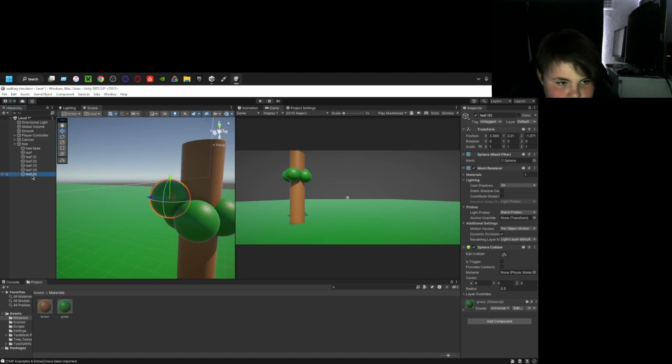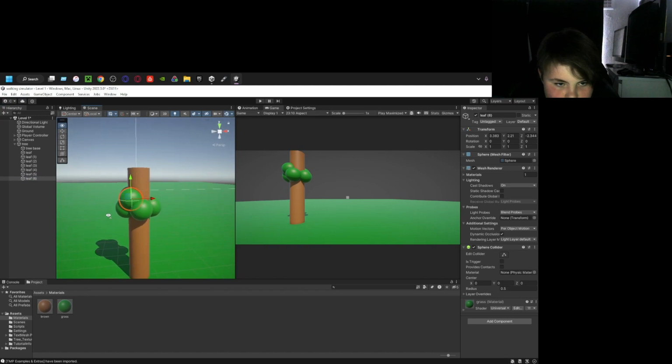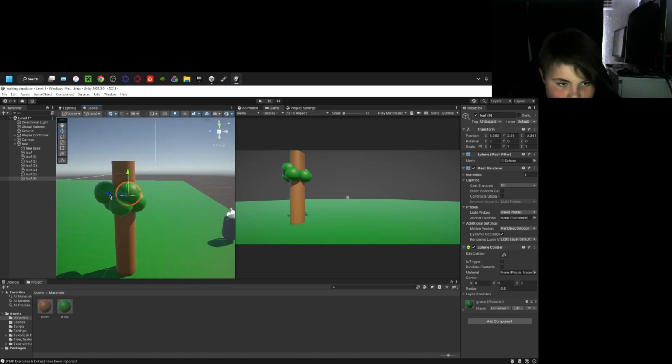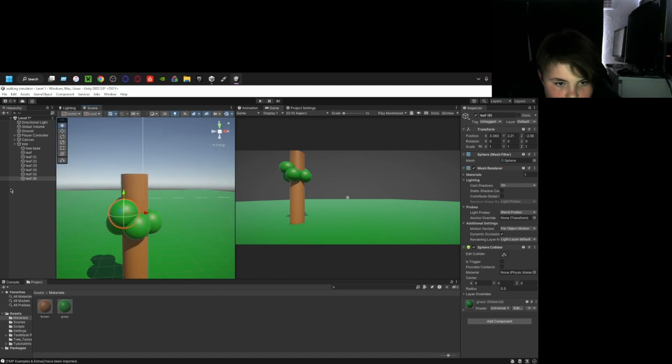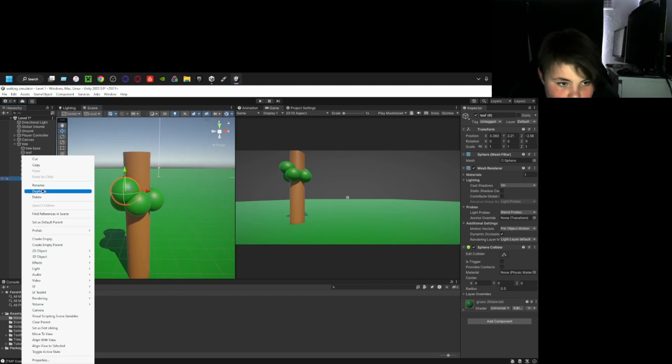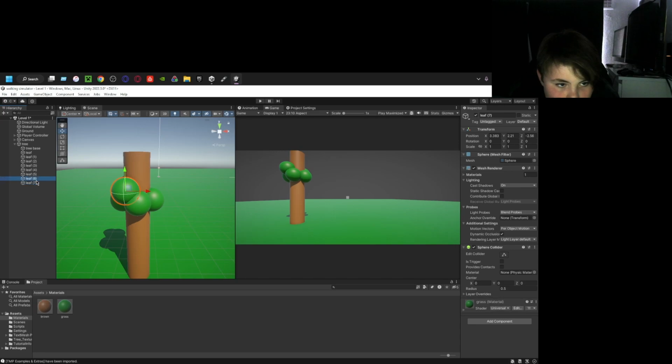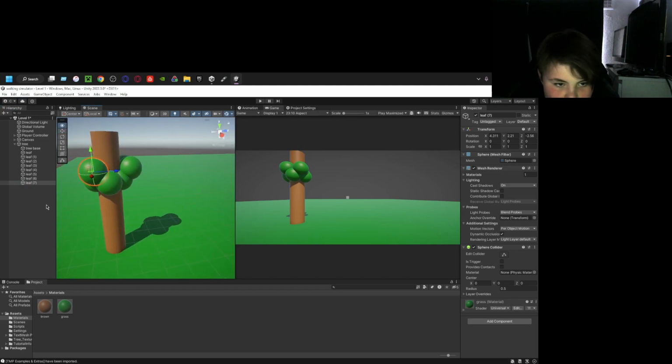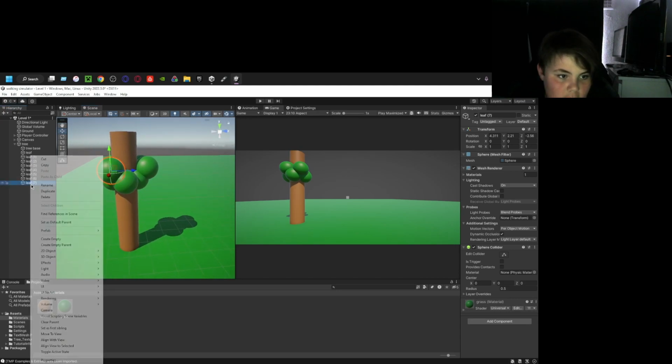There. We're just going to repeat this process over and over, just with leaves. I know it seems pretty boring, but if you want to make a tree like this, I don't care if you copy it,